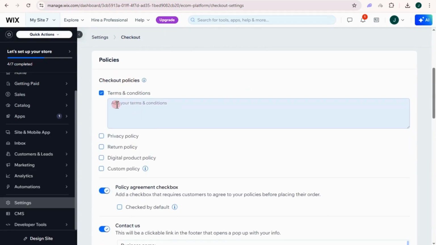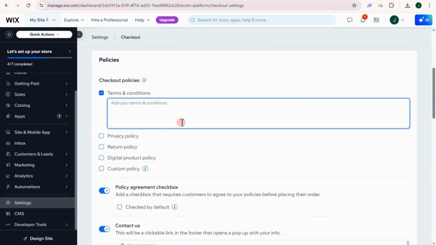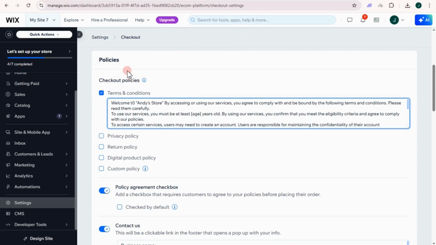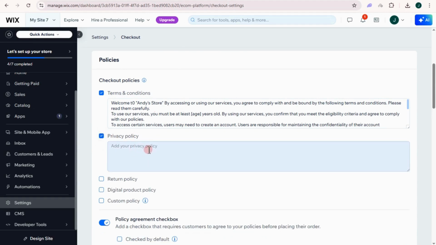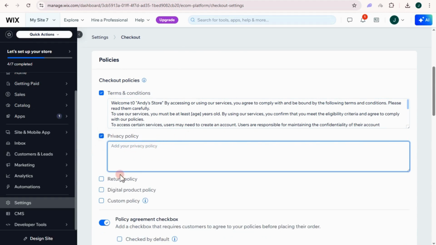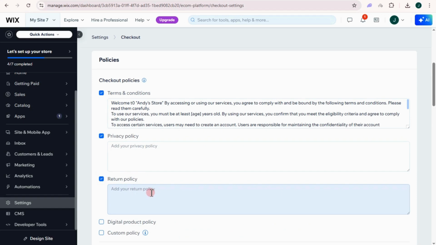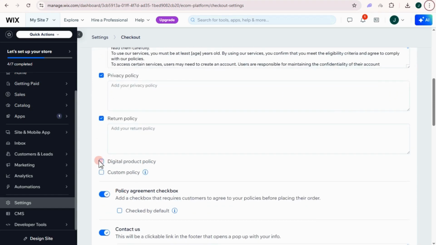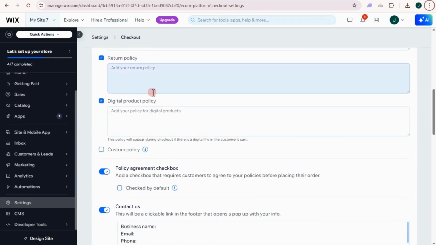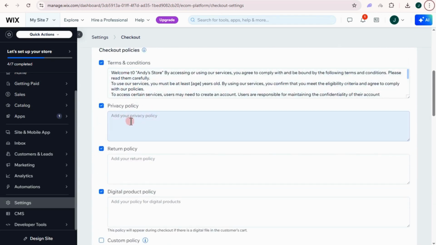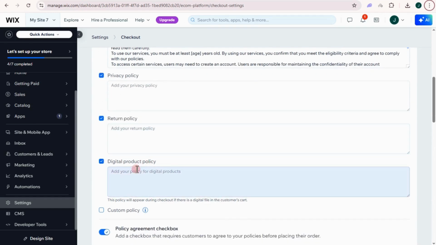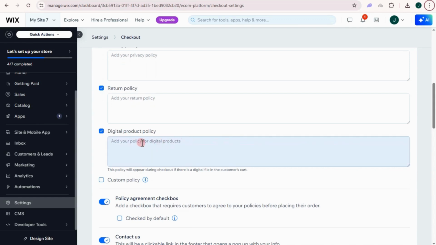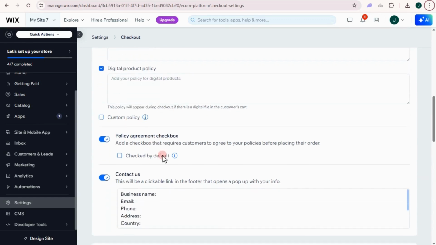Okay, so for policies, terms and policies, you can add terms and conditions because you have checked this one. So this is a sample. Now you can also tap privacy policy and paste it right here. Same thing with return policy, same thing with digital product policy, custom policy. Now, if you don't know how to create one, you can also ask for help from ChatGPT or other AI. But if you have your own, if you know how to create your own, then just add it right here,